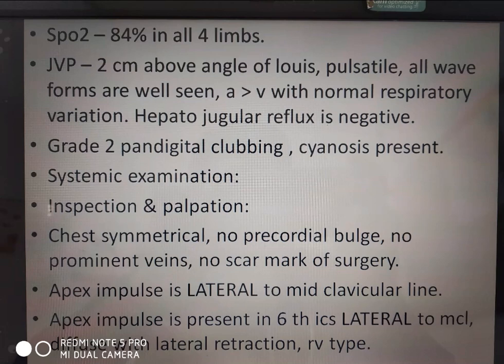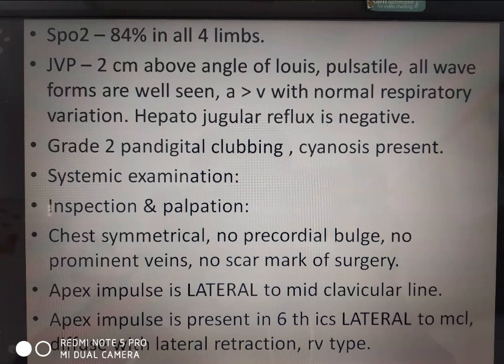Sir, if it is localized, it is LV type apex. Yeah, very good. See, what you can do is that you palpate the apex beat. After palpating the apex beat, you trace the apex beat medially. If there are no more pulsations felt medially, that obviously means that it is an LV type. But if you track it medially, and then you find that the impulse dies down, and then as you reach the parasternal region, impulse again reappears, that is more likely to be both RV and LV are dilated.